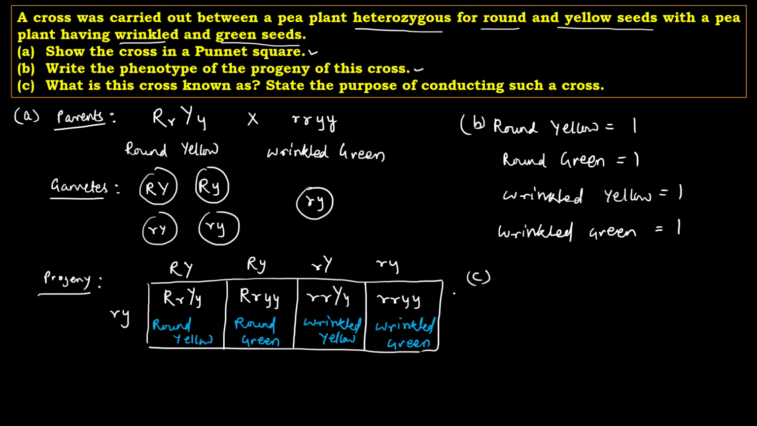As we see that we are crossing a plant with a homozygous recessive plant, and when typically we make this kind of cross, we can refer to this cross as a test cross. Okay, it is going to be a test cross. And next they are asking to state the purpose of conducting such a test. Now this kind of test is typically used to find the genotype